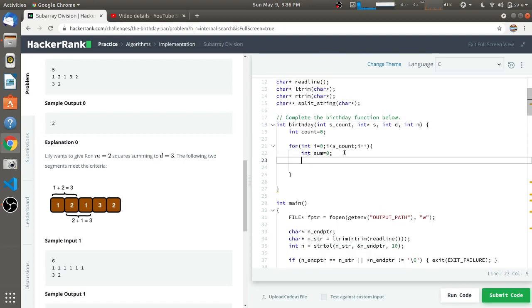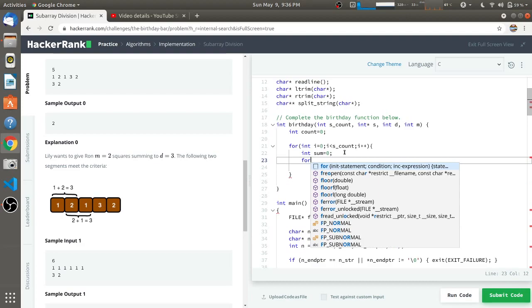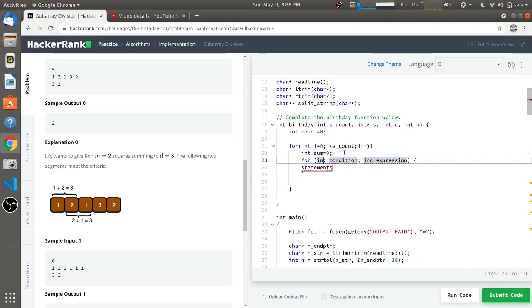So for that we have to use one more for loop, and we'll use another variable j starting with I, and the condition will be j less than I plus m, and the modification will be j plus plus.